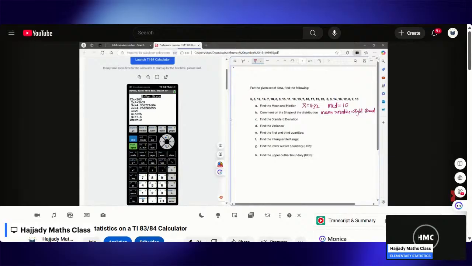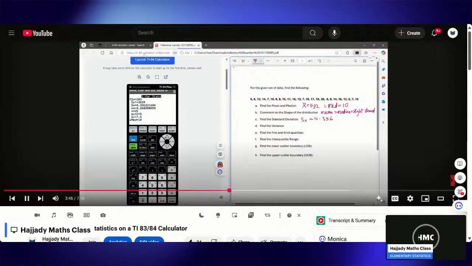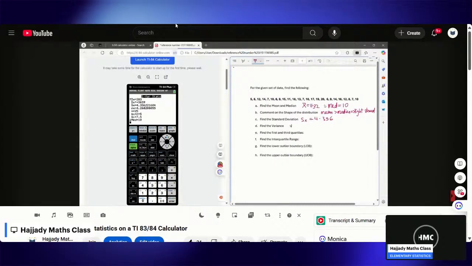Question C says find the standard deviation. What I mean by the standard deviation here is the sample standard deviation. Now let's go back to the calculator. You can see S subscript x. This is the standard deviation for the sample. But if I'm interested in the population standard deviation, then it's going to be sigma x. But in this case, we are interested in the sample standard deviation. So my sample standard deviation is going to be 4.356. What about the variance? Don't forget, the formula for calculating the variance equals the standard